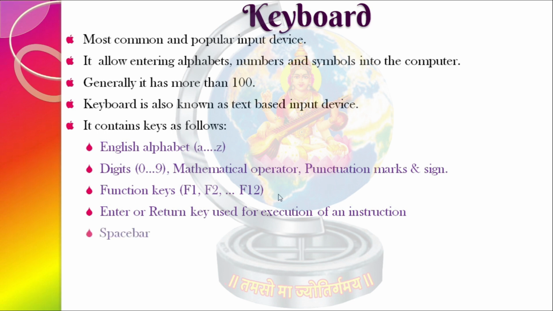After the enter key, the next key is the spacebar, and you know very well that the use of the spacebar is to leave a single space. But suppose, students, you want to leave more than one space, or set the margin. That is possible with another key called the tab key, which is right beside the Q alphabet, and by which you can set the margin or leave multiple spaces. But always keep in mind, for a single space we use the space bar, and for more than one space you have to use the tab key only. Then and only then it will be considered a proper way of using a keyboard.